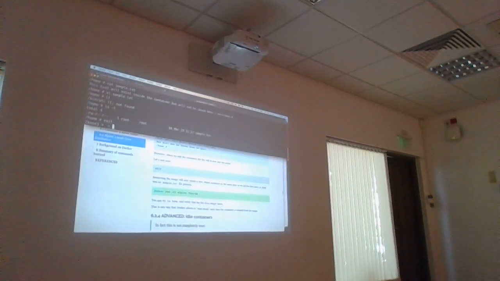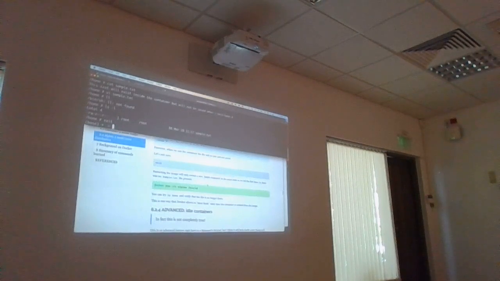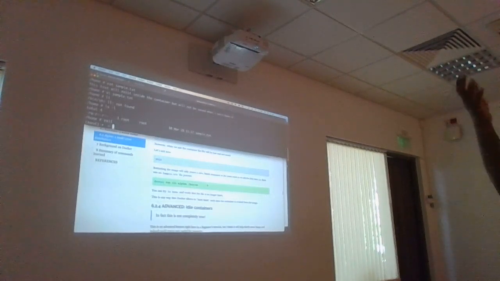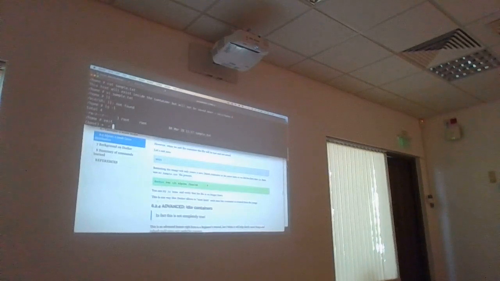So we can restart the image or we can create a new blank container in the same state as it were. So if I now do docker run -it alpine /bin/sh, I'm running a new container. Okay, it will be in that default state, and it will not contain my files.